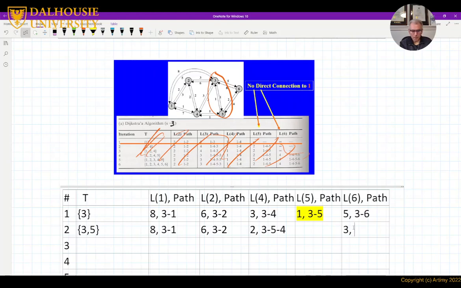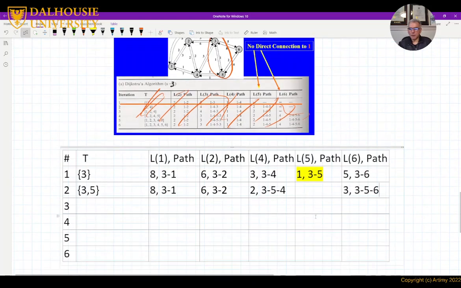So now I can go 3, 5, 6. Notice the highlighted one here: from 3 to 5, and then from 5 to 6, that will give me a total cost of 3 units here. All right, so in my new network here, or my